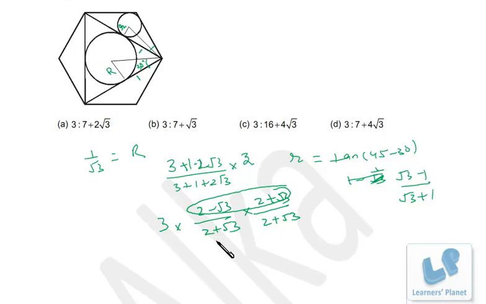So that is 2 square plus root 3 square plus 2 into 2 root 3. So that is 7 plus 4 root 3, option D. Okay, so 3 upon (7 plus 4 root 3) will be the correct choice. I hope you are clear, and cool problem. Great.